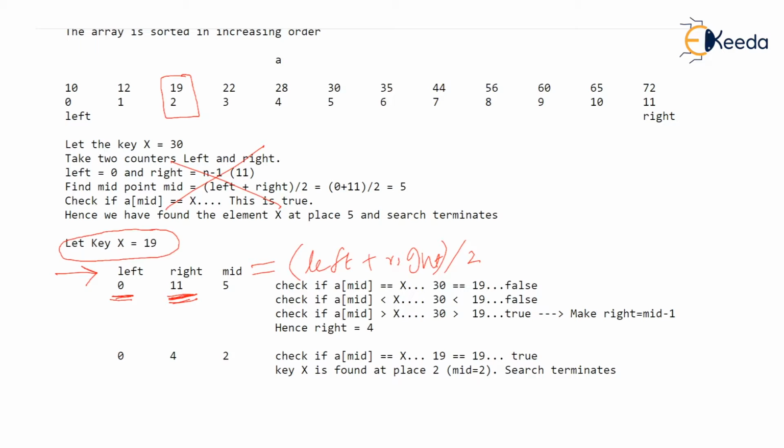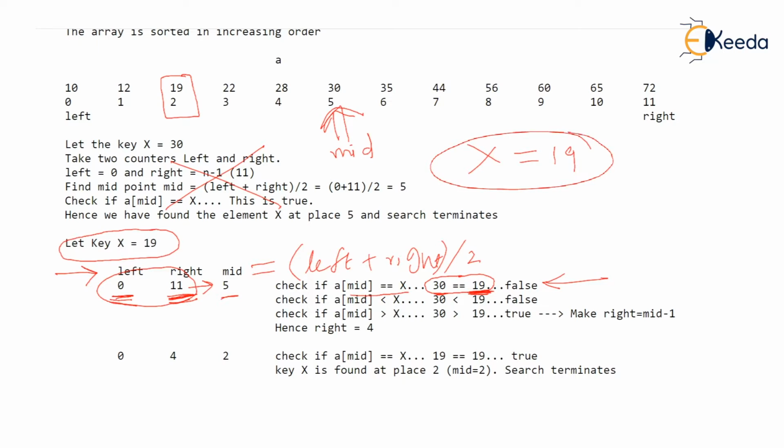I'll better mark it in the array here. Mid is 5. Then we simply go and check this line. Check, is a of mid equal to x? But a of mid is 30. And what we are looking for, x, is 19. So 30 equal to 19 is false. What that means is we have found mid, but our value x, which we were looking for, is not present at midpoint. What are we looking for, by the way? We are looking for x equal to 19. And this value 19 is not present at the midpoint.